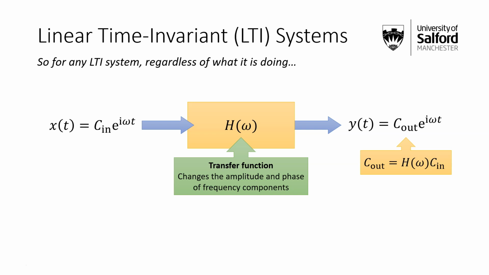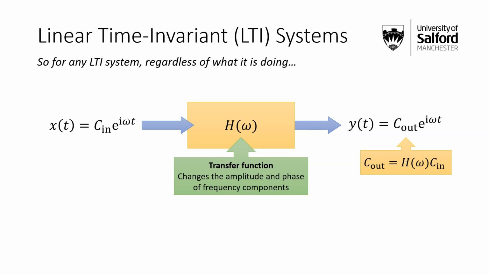We saw that things like differentiation and delay depended on omega, how they are written as a complex multiplicative factor. But accepting that, for any particular frequency, the output complex amplitude is the input complex amplitude multiplied by the transfer function evaluated at omega. And that really makes